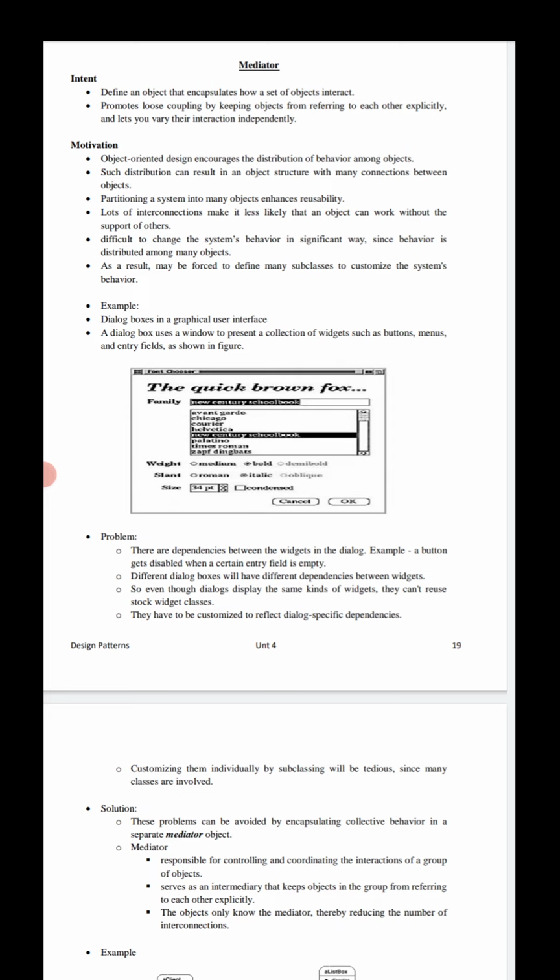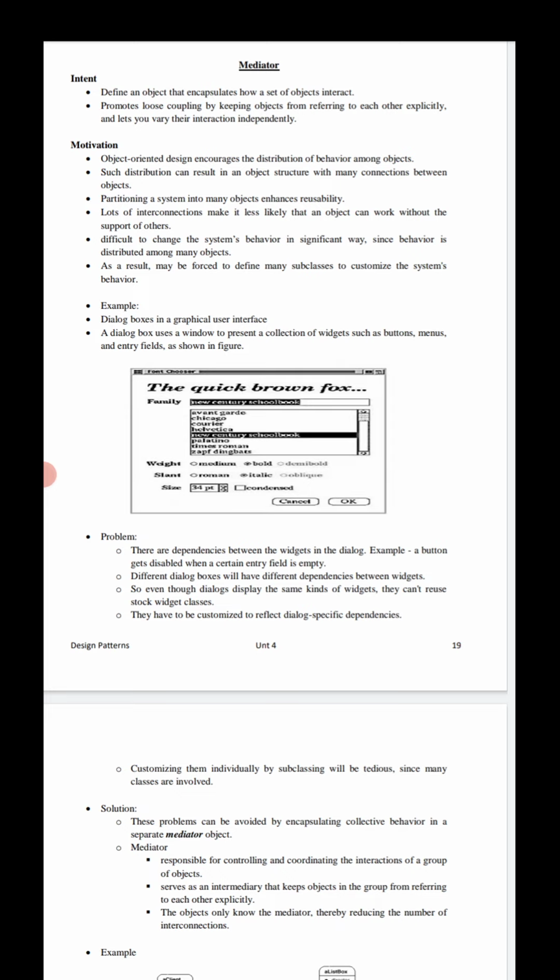What is the meaning of this sentence? If you need to define an object, it binds some set of units, a combination of code, operations and methods, and defines how those sets of objects interact. Object 1 interacts with object 2, object 2 interacts with object 3.